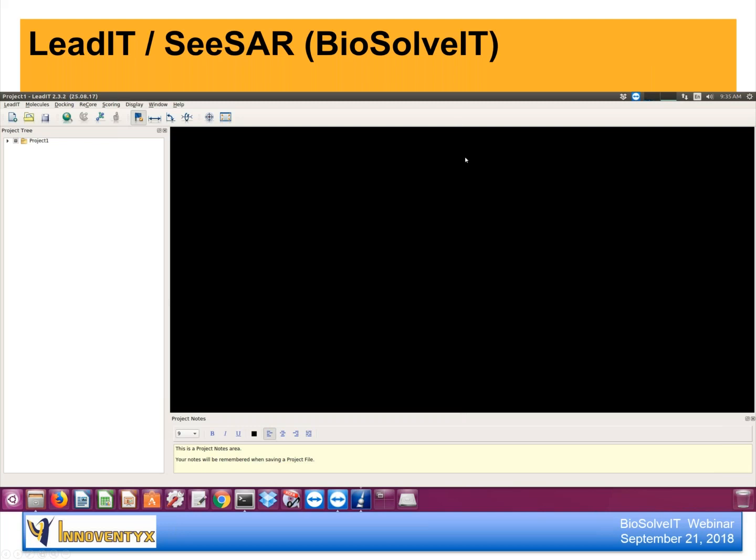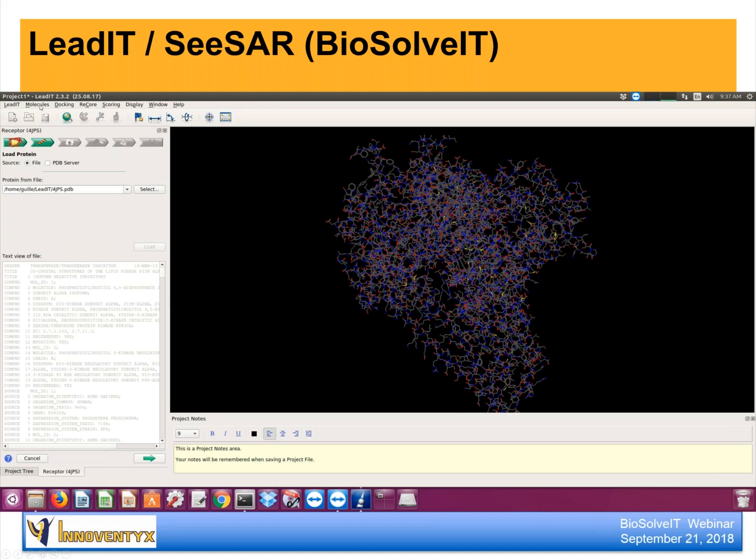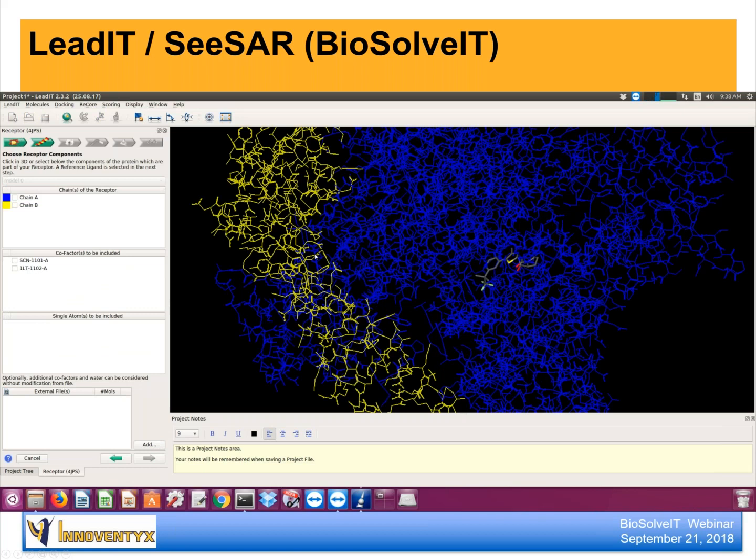You have a nice interface. You go ahead and look into molecules to load up the protein, whether you have it on the hard drive, or if you just key in the code and go straight to the Protein Data Bank server. You get it, then LeadIT tells you what you have. In this case, it's interesting that we have two chains displayed in blue and yellow, and the one in blue is actually showing the key chain where the